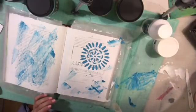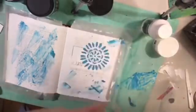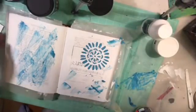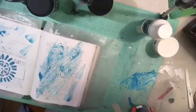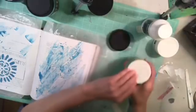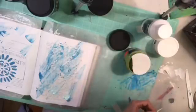I said translucent, creates a matte non-reflective finish. Okay, we're going to go with a little bit of this green, I think. And I'm going to turn the paper over so that I don't mess up the flower. And this one I'm just going to kind of paint on a little bit. I bought this chalk paint. I thought it would be fun